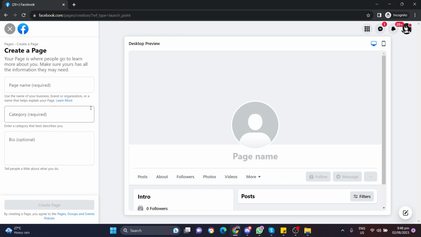So the new Facebook page will be easy to set up. As you can see, we only need to add 2 pieces of information to set up the new Facebook page. First, we have to put in the name of the Facebook page, which is a required field as you can see. We just put in the name like Sweet Bakery Shop